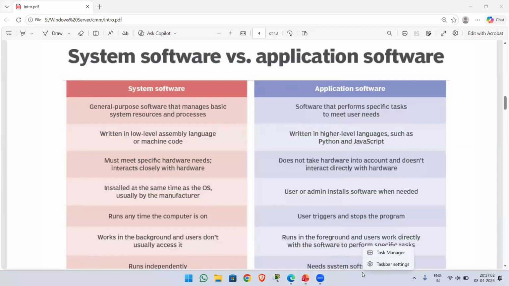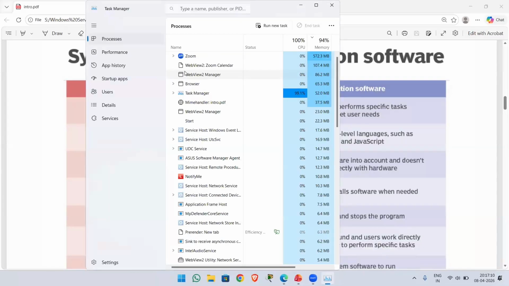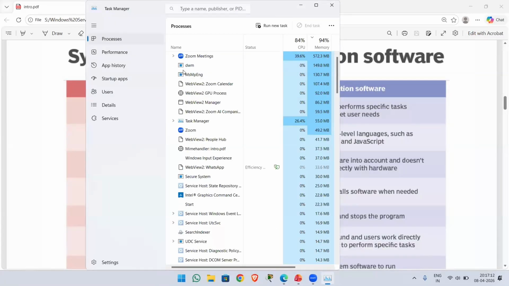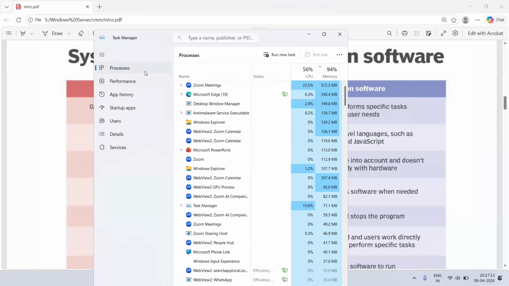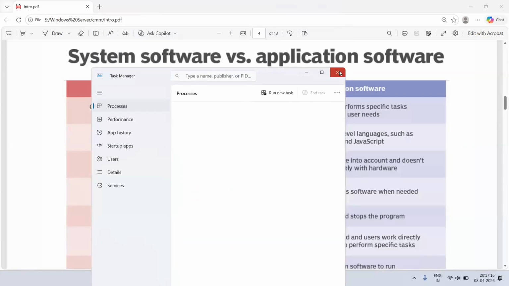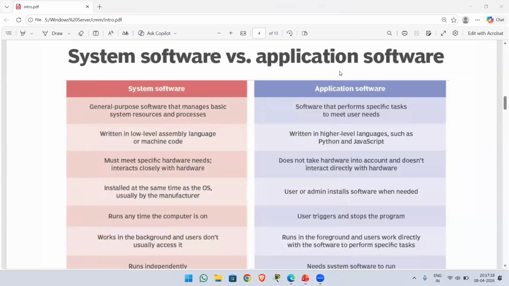you can just do a right click. So you will see the options like task manager, taskbar settings. So you can just click on the task manager. So the same window will open up. So whatever method you like, you can use that method for opening these things. And if you want to confirm which operating system I'm using, which Windows operating system I'm using,